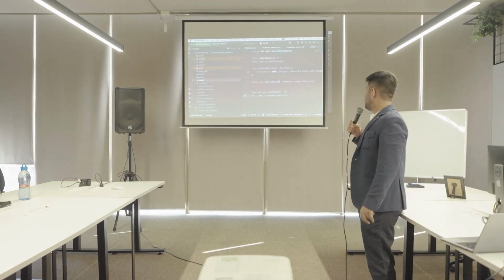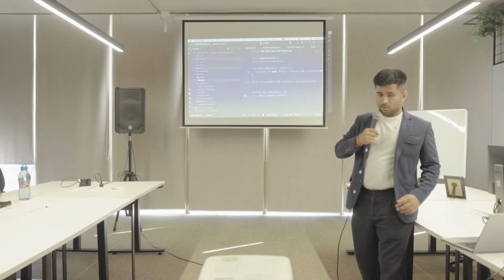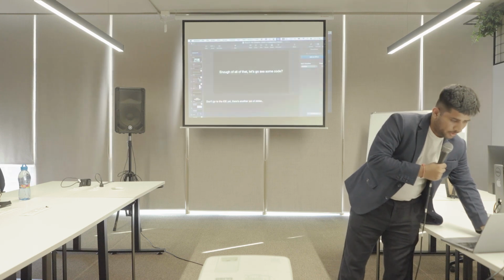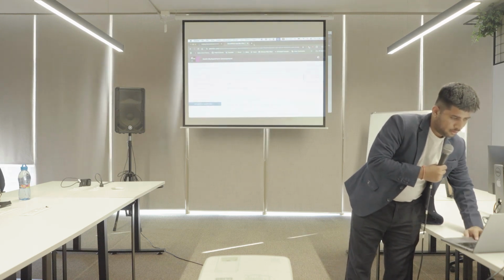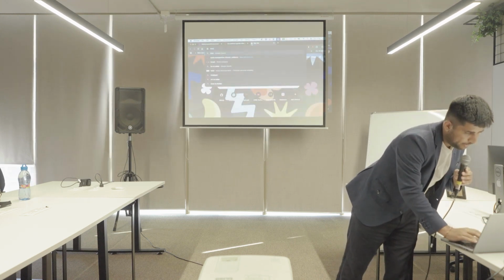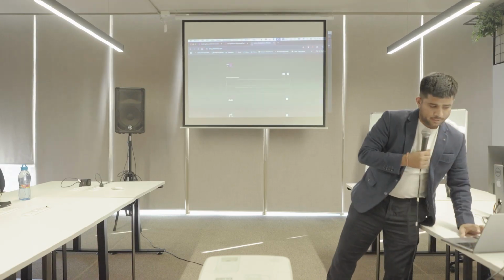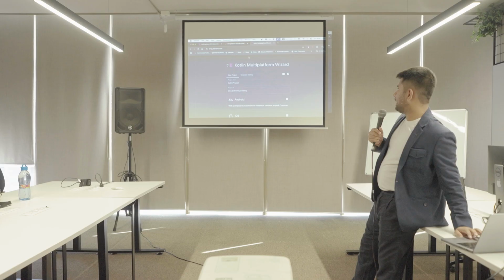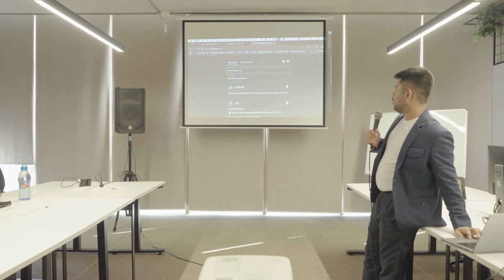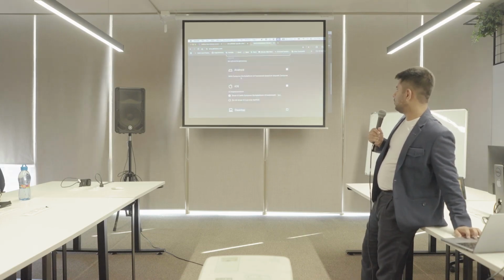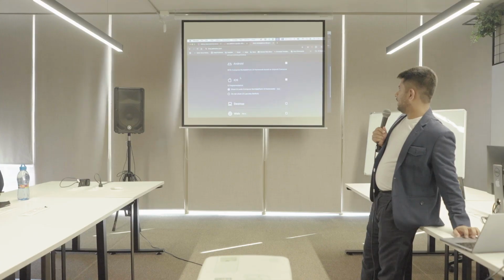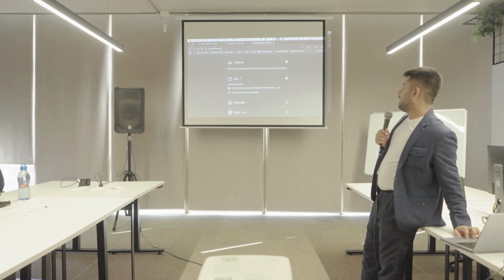This is what I've written, and to write something like this, all you need to do is go to kmp.jetbrains.com. Here you get a template creating mechanism. Let's say you can call it XYZ. Then you get to select your targets. Right now we are just targeting Android and iOS.